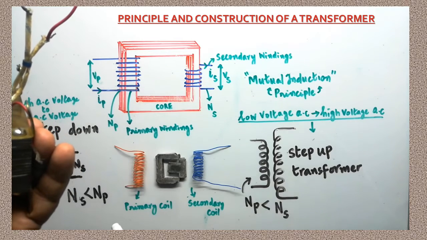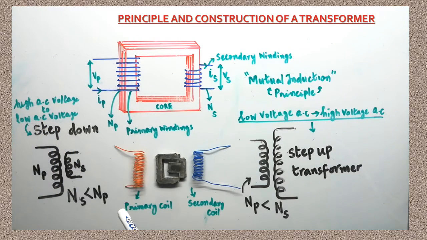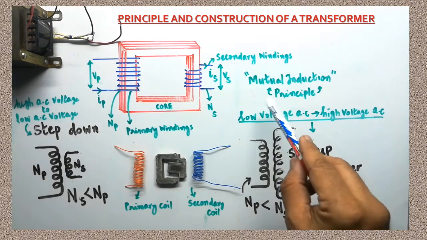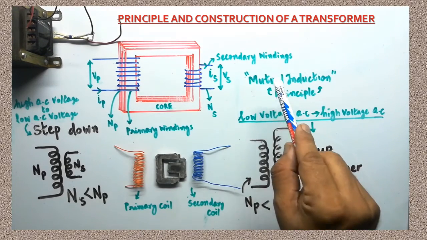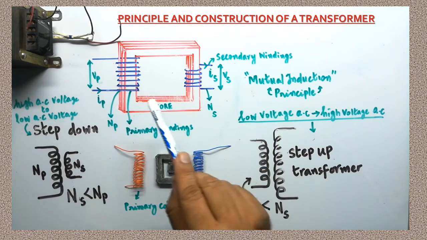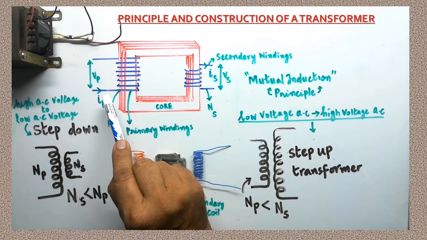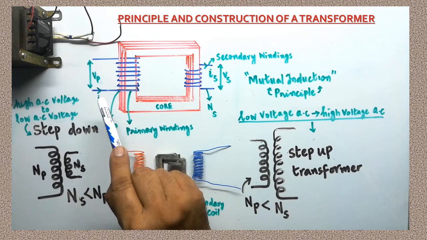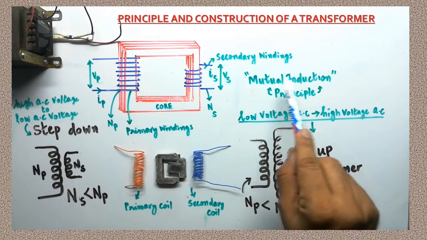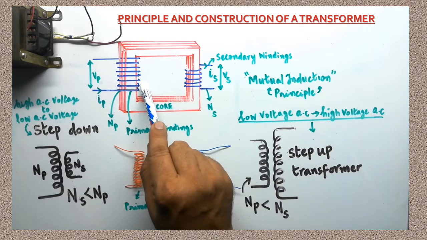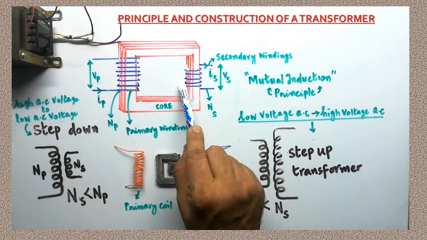Can you understand? Another thing is, here we are going to see what is actually happening inside. What is the principle behind the function of the transformer? Look at that. You may have already learnt about mutual induction. Mutual induction was already taught in the previous sessions. Mutual induction happens between a pair of coils. Look at the two coils here. The primary winding is there, the secondary winding is there.